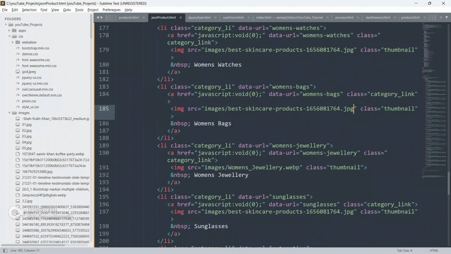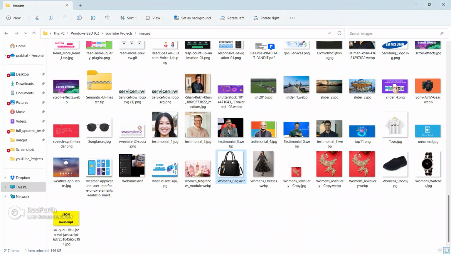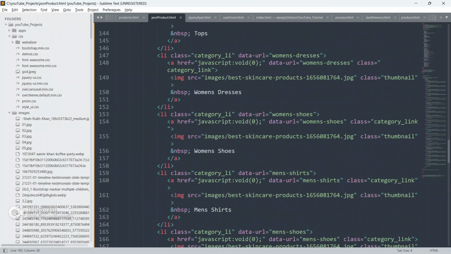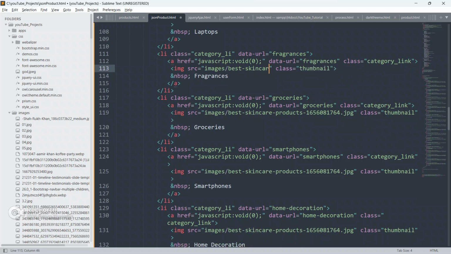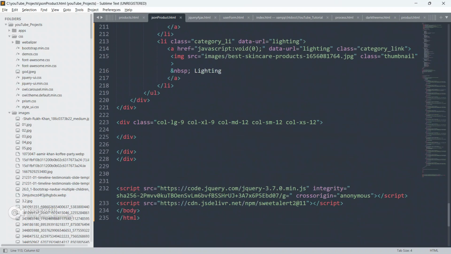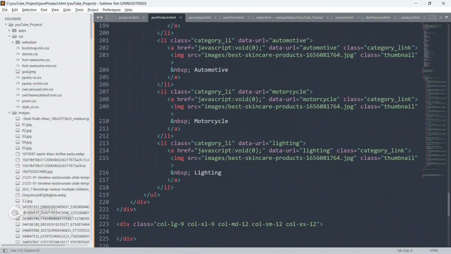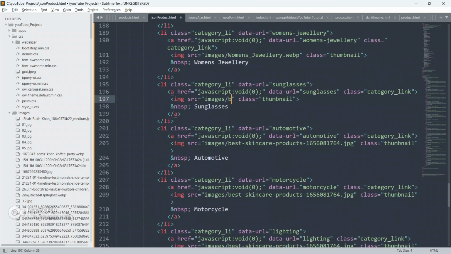Women's bag, just change this, go to the women's bag and change the image name now, women's bag, and fragrances, just go to the fragrances and change the image name. Sunglasses, just go to the sunglasses category and change the name, guys.